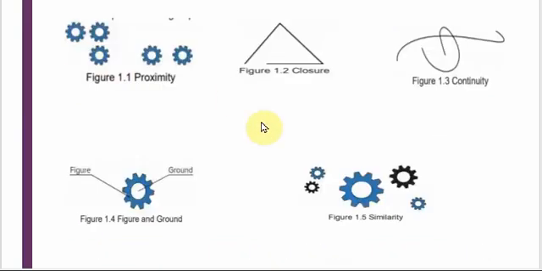So the first one is proximity. Is this figure visible? Yes, ma'am. So we have a few figures here. The first figure, 1.1, is for proximity. Just see this figure. What assumption are you coming to by looking at this figure?